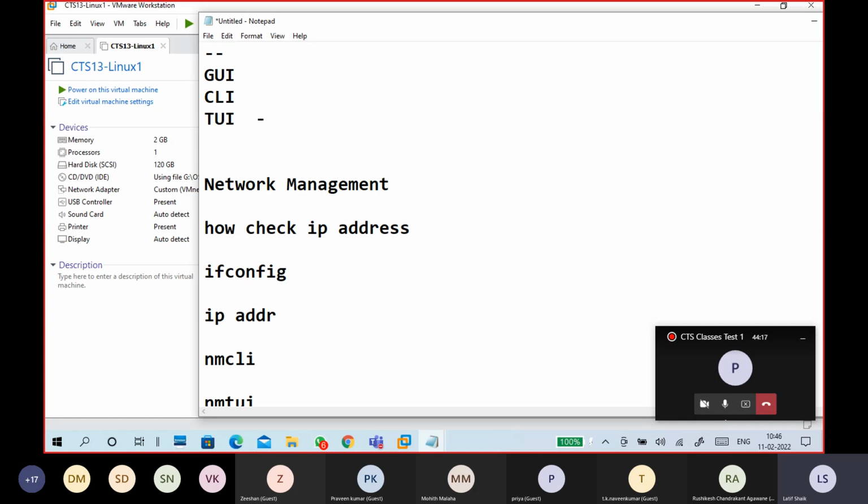TUI is a text-based user interface, or a terminal-based user interface. Actually, it's a text-based user interface only.